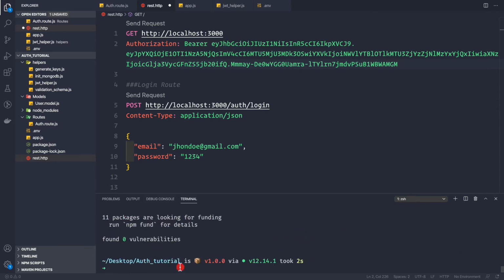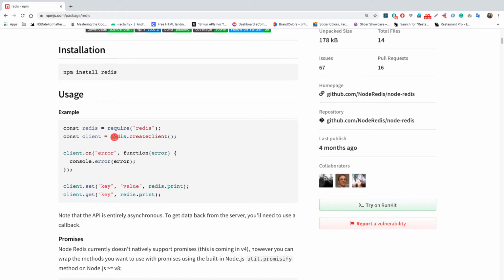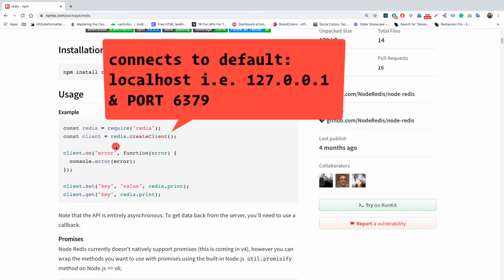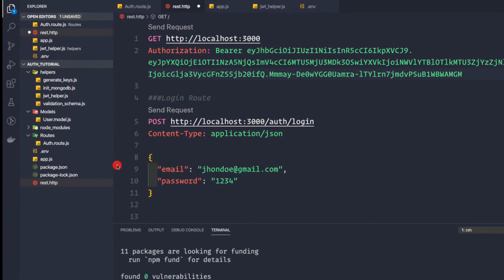So let it install. It is installed, and now to create a client, that is the Redis client which we are going to use inside our application, let's go to our package first here. To create a client, it is super simple. You can simply create a client like this in each of the files where you require the client. But what would happen is that it will create multiple connections to Redis, and it's an additional overhead for your server. So what we want to do is create a single client, and then export that client to different files which require a client that is connected to Redis. So let's do it my way.